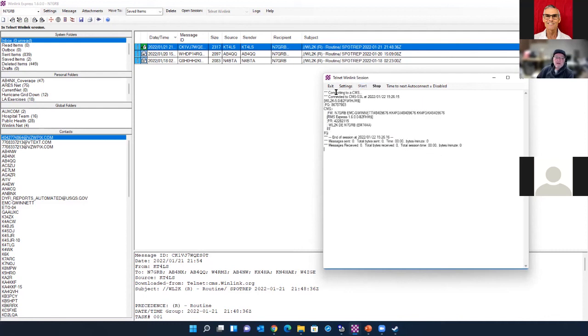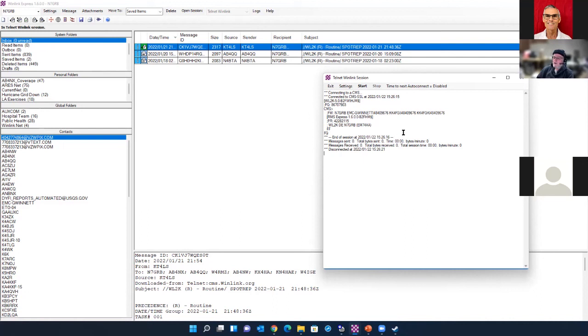And now you're going to see a series of messages coming out. This is the process of my client, Winlink Express, connecting to the Amazon Web Service CMS server. There is a lot of information that comes out, but basically at this point, if I had messages pending, it would tell me, and then it would start downloading them. If I had messages in my outbox, it would start transmitting those messages. So let's go ahead and